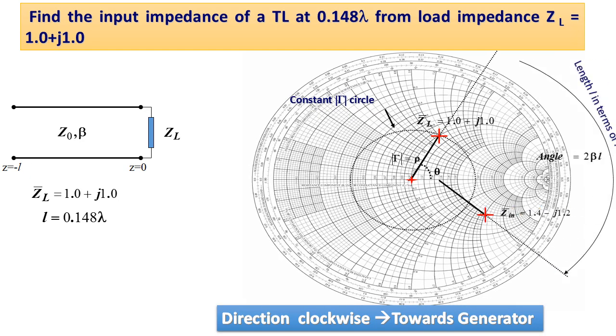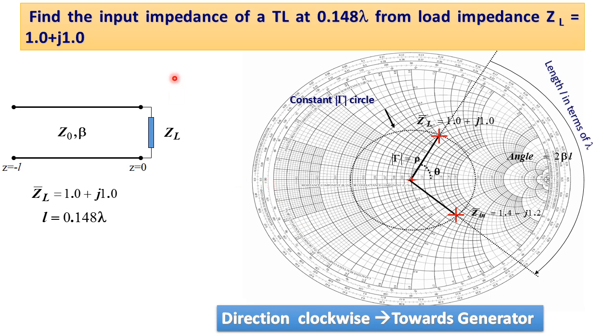Similarly, when we want to find the input impedance at any given point, the first thing is to plot the impedance. Then from the outer periphery we have to move in a given direction. Here our direction is from the load towards the generator, so we move in the clockwise direction. We reach this point and connect it with the center of the Smith chart, and then we can get the impedance at any point from the load. So this is the load point. From the load point we move the distance towards the generator, that is clockwise, and we find the impedance at that point.